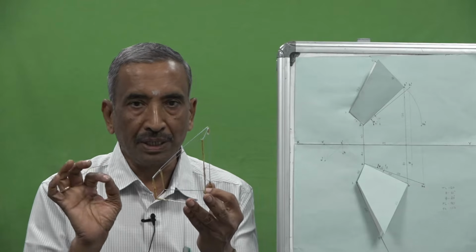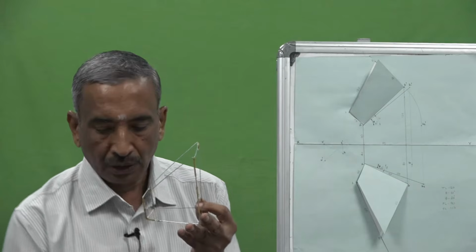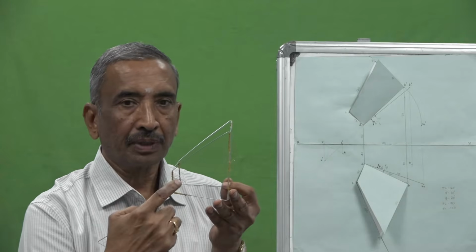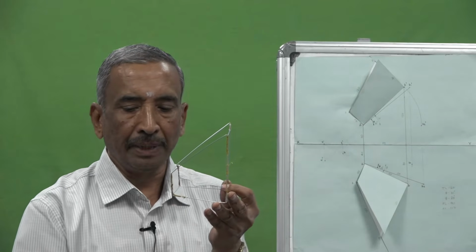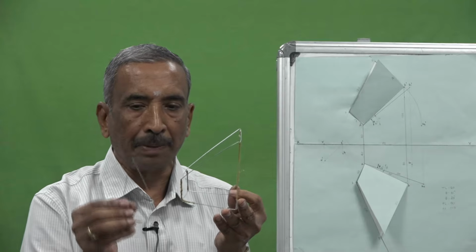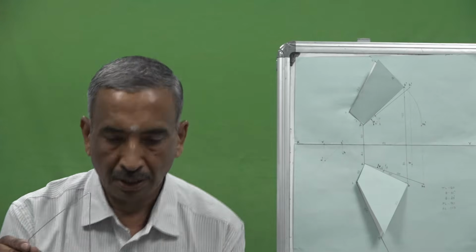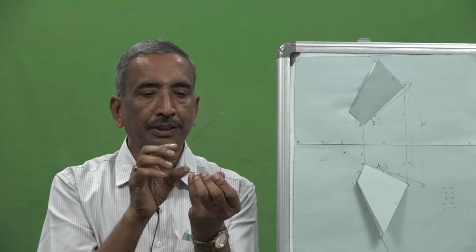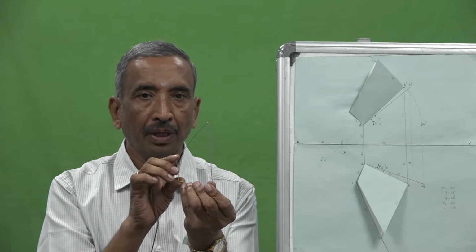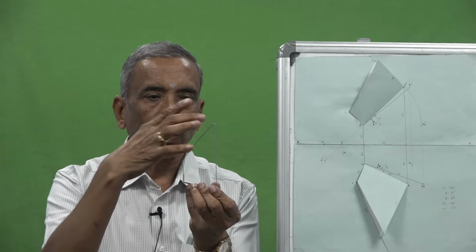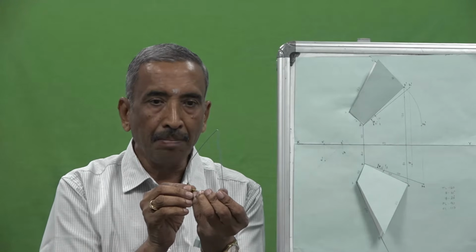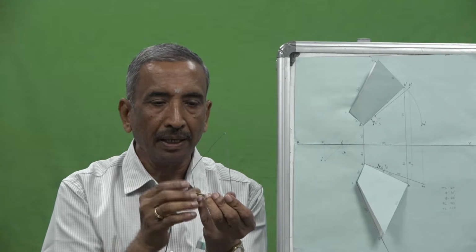Kindly carefully see what I am doing. This is a trapezium. I have made this trapezium separately here. I hope you can see it. So this is how the line is. Now, to find out the true length of line AB, I am making the line AB